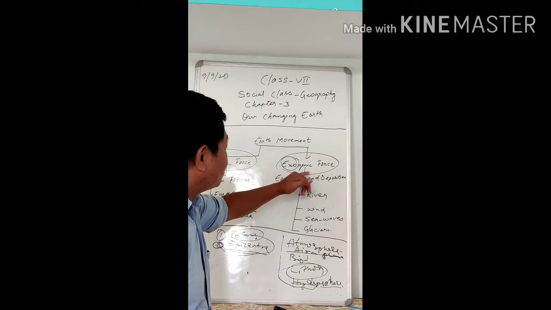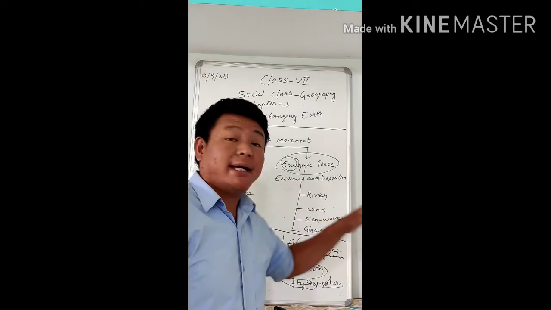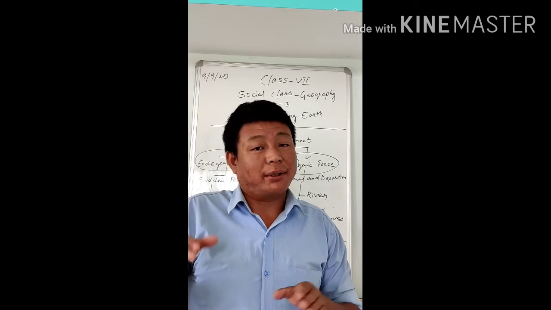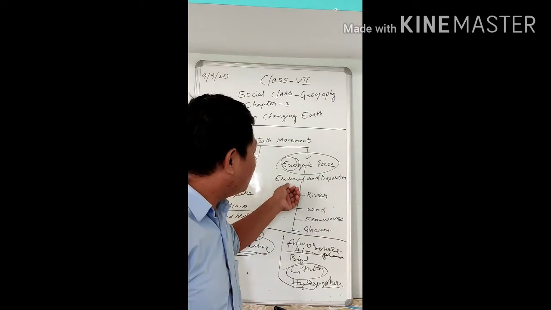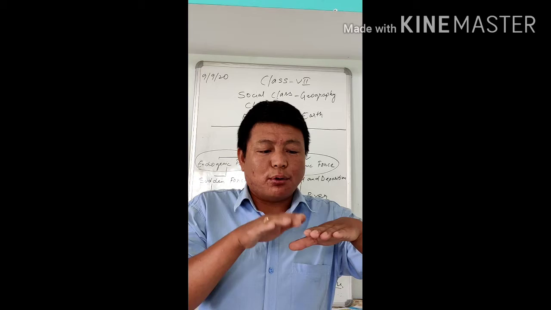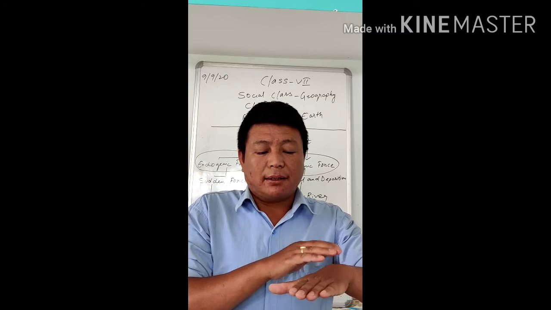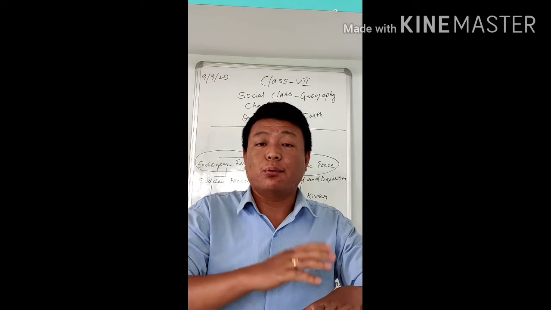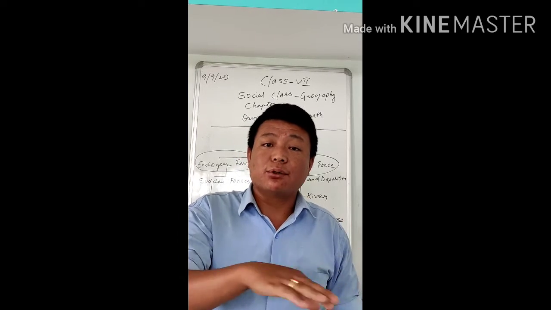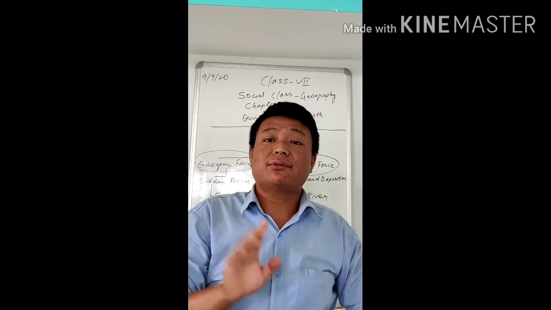And now we go to the exogenic forces. In the exogenic forces, especially the erosion and deposition of things like sand, wind, or whatever is there. You already know erosion and deposition. Erosion means, especially in soil erosion, that the topmost soil is carried away by wind or water, including the humus, which is very fertile soil. So the topmost layer of any surface, which is good, being taken away is known as erosion.